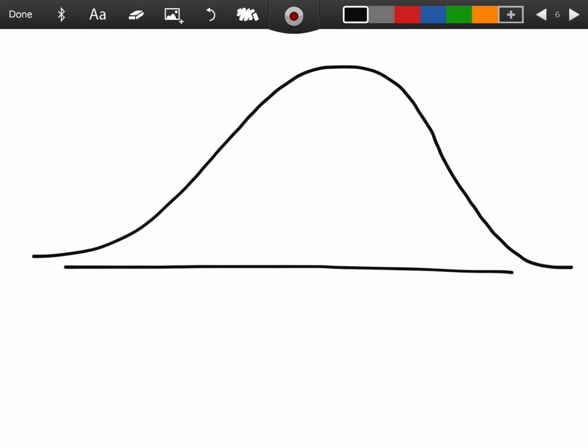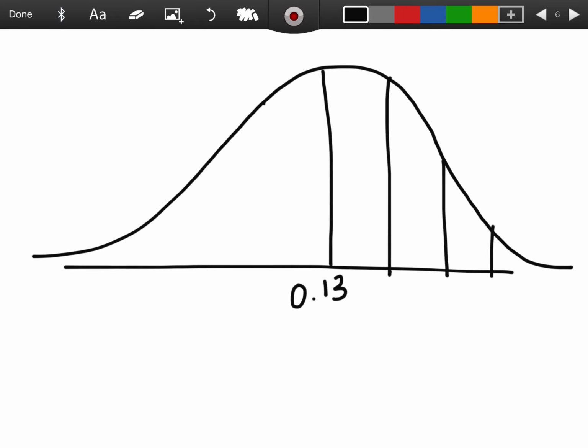So I'm going to go ahead and draw my normal curve. What should be happening is 13% of my population should be falling here. I'm going to draw my 3 spaces here. We don't technically need all of these things, but I'm going to draw them just so that next week's lesson is going to be easier. So I'm going to add my 3.5%. So this is 0.165. I'm going to add another